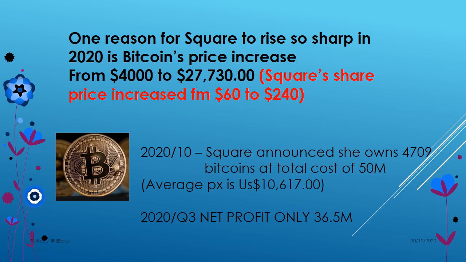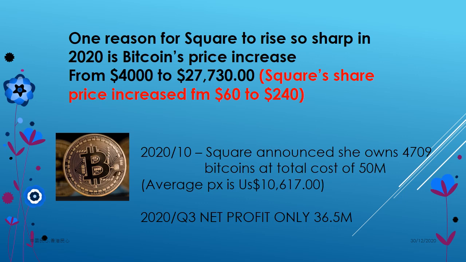That's the reason why Square's price keeps going up. It's because it owns something, not from the operations. Just imagine Bitcoin is a property, and the property price rises up. Not the operation. And some of the Bitcoin it bought is well under 10,000, maybe just 5,000 or 6,000. So that's the reason Square's price went up so sharply in the past year.